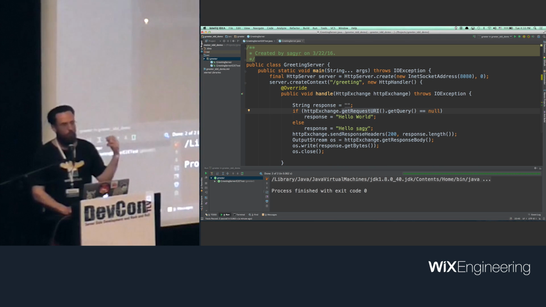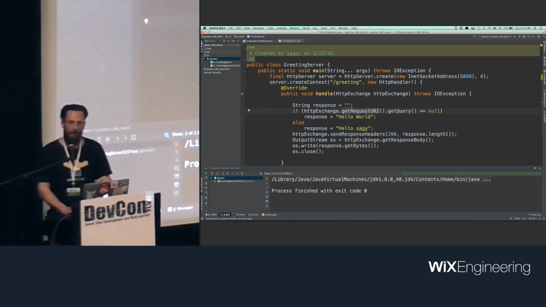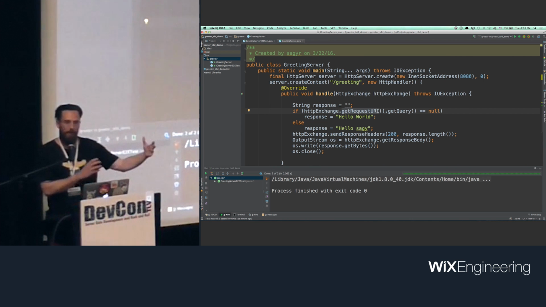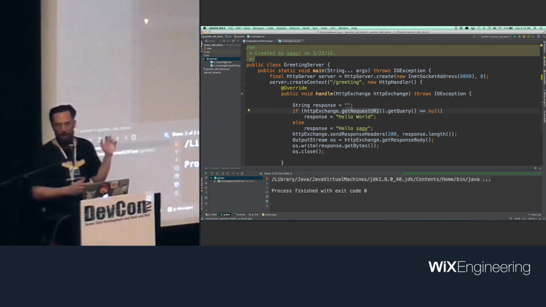I prefer to write as many unit tests as I can, instead of adding larger end-to-end tests. And the way to do it in this case is to change up the design a little bit